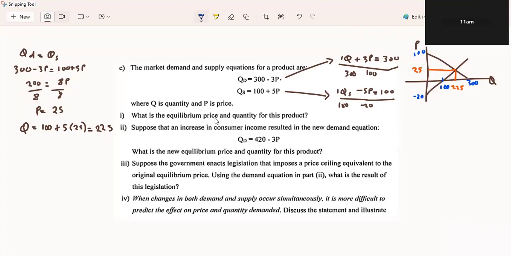The first question, find the equilibrium price and quantity. We found them here. The second one, suppose an increase in consumer income resulted in the new demand of this one here. So now you need to understand, before I get to calculating this, that